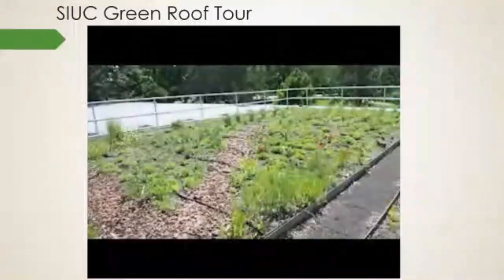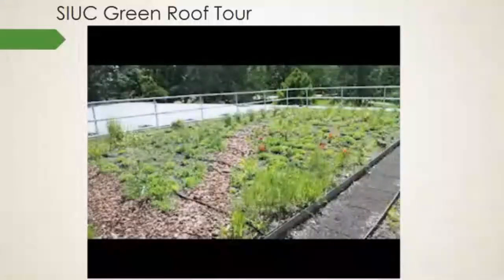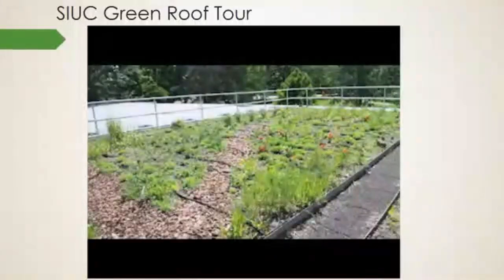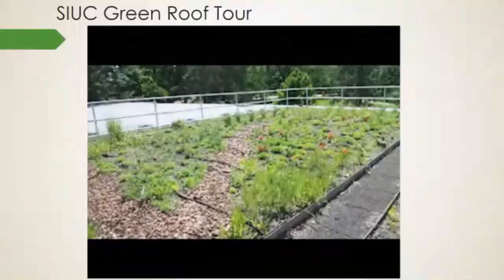The section that you're seeing right now is an area of the green roof that previously has been used for research, then was really just covered with sedum. Sedum is a great plant for the green roof. It's very versatile, very resilient to the heat and dry conditions, and does well to cover the surface. So we get that evapotranspirative effect from the green cover, and it outcompetes other things and comes back every year.